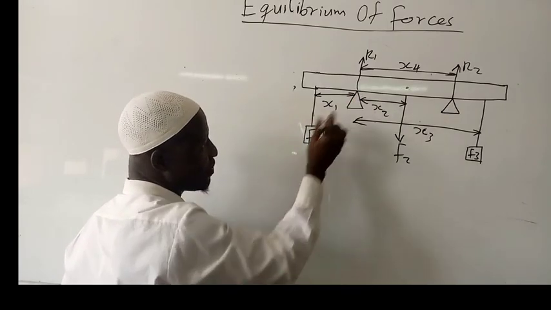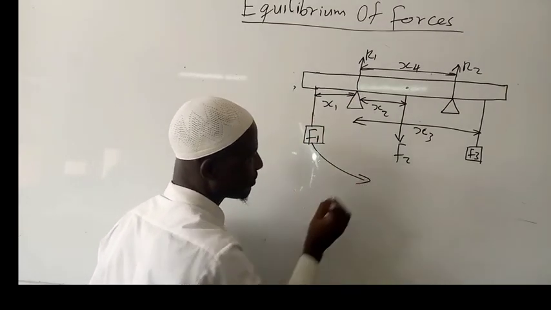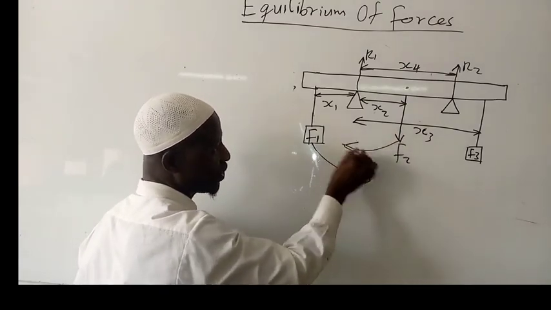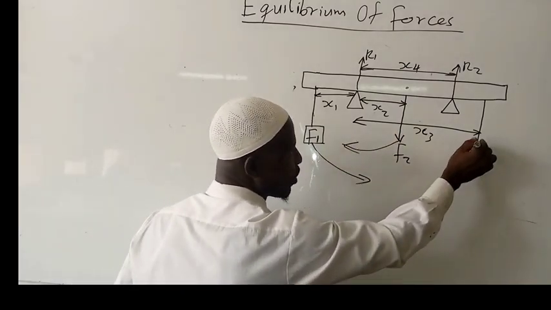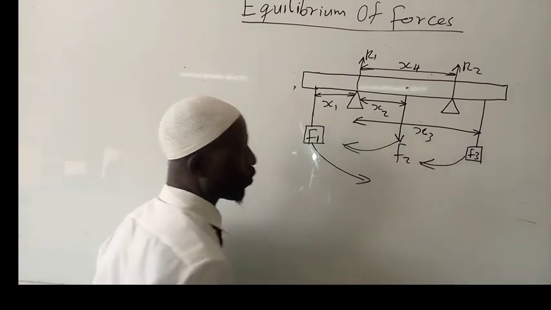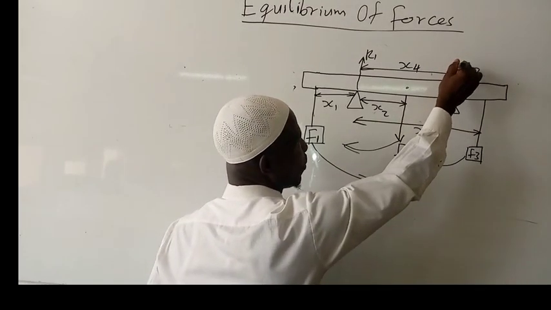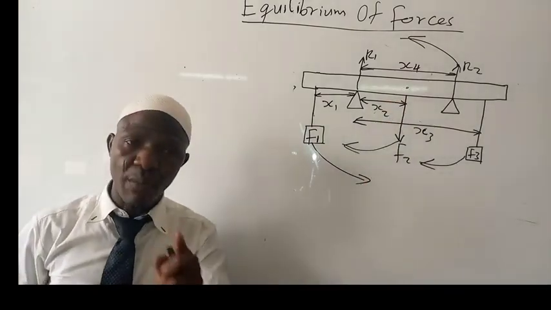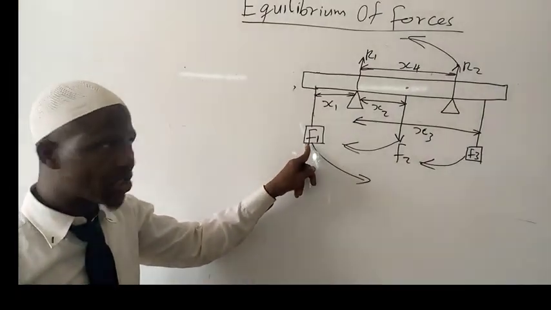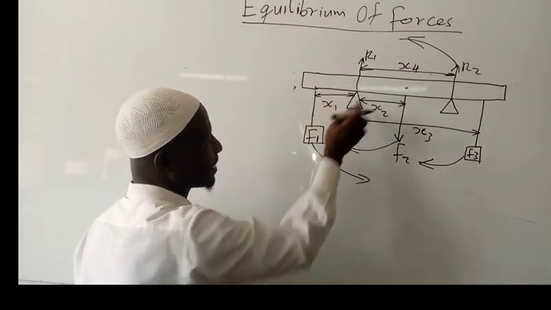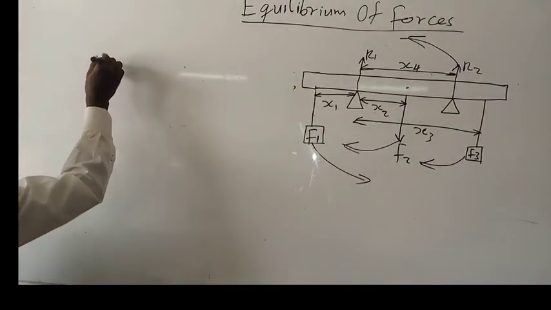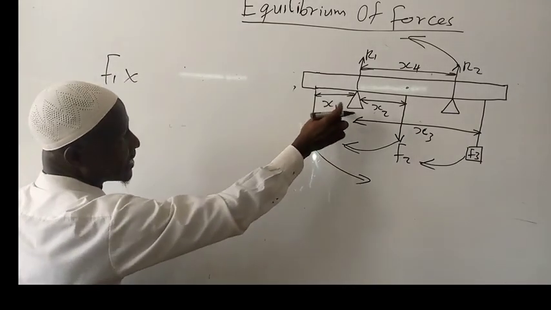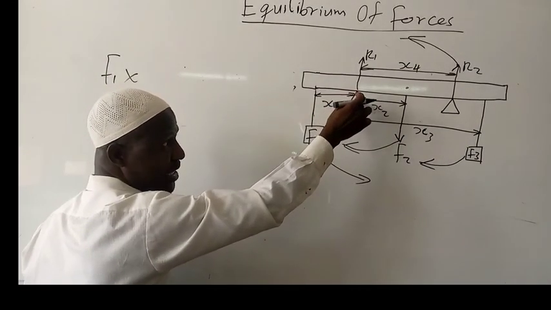If you are taking moment from here, this one will go like this, which is anti-clockwise. Then this one will come like this, which is clockwise. This one will come like this, which is clockwise. Then this one will come like this, which is anti-clockwise. And don't forget, moment is force multiplied by perpendicular distance. Therefore, we are going to have F1 times the perpendicular distance of F1 from where we are taking moment,